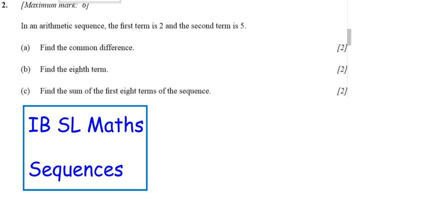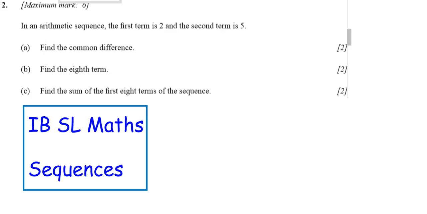IB, standard level math sequences. In an arithmetic sequence, the first term is 2 and the second term is 5. This is a non-calculator paper question and it's worth 6 marks and it has 3 parts. We have 3 things to find: the common difference, the 8th term, and the sum of the first 8 terms